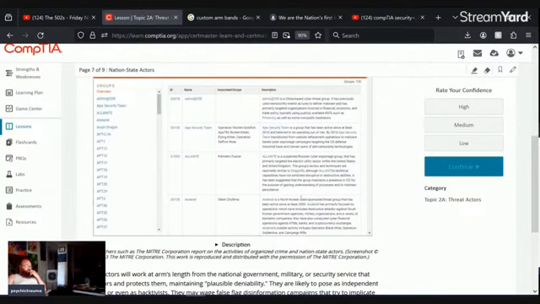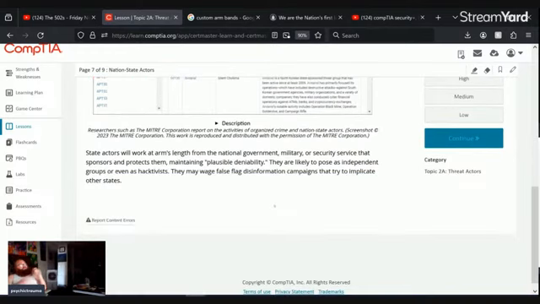Okay, so here's a list of just APTs. Descriptions. Researchers such as the MITRE Corporation report on the activities of organized crime and nation state actors. Screenshot this. All right. State actors will work at arm's length from the national government, military, and security service that sponsor